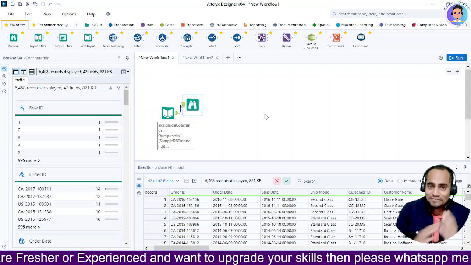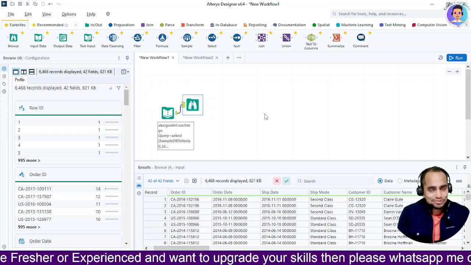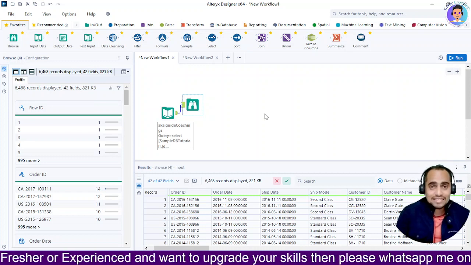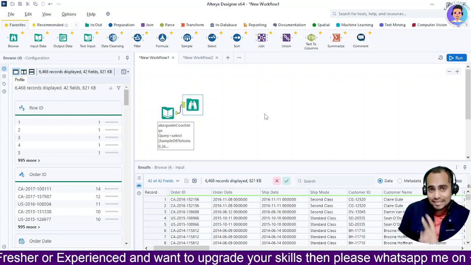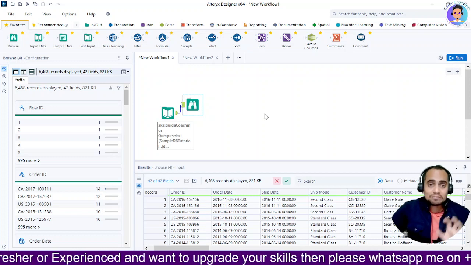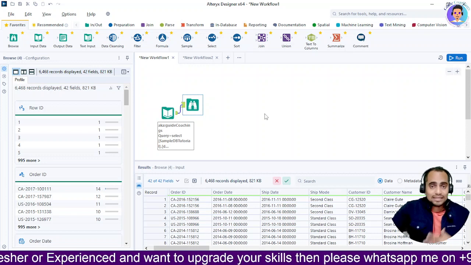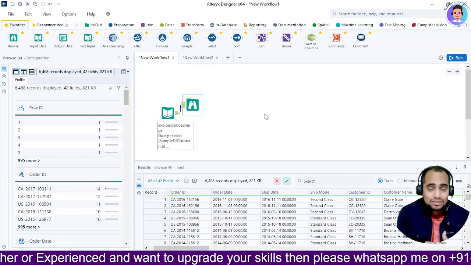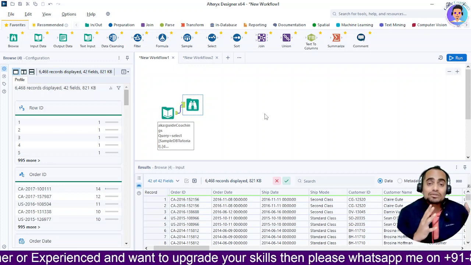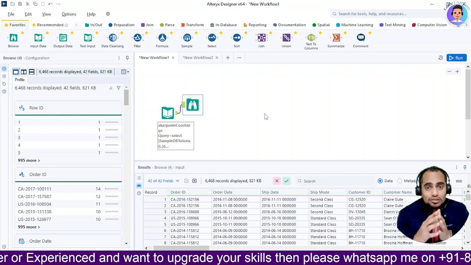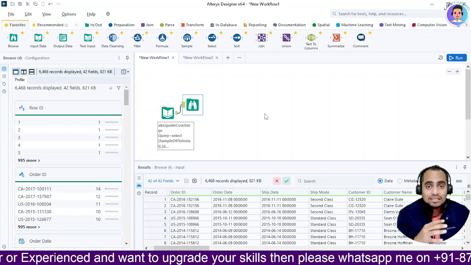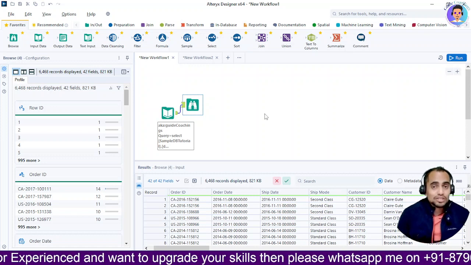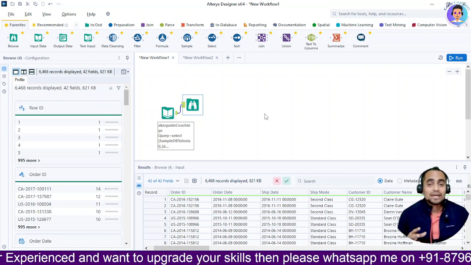So, before starting, in this tutorial we are going to see two more important aspects of Alteryx connection. The first one is connection of XML and the second one is your database connectivity with Alteryx, that is SQL Server. In our previous tutorial we also discussed how you can connect your Excel sheets with your SQL Server and convert your Excel data into a database. And now in this tutorial we are going to see how you can connect your SQL Server and get